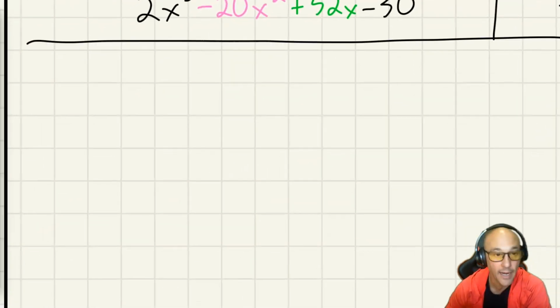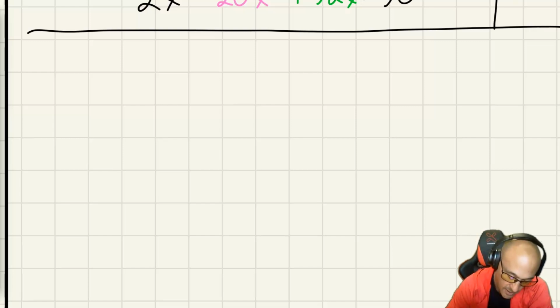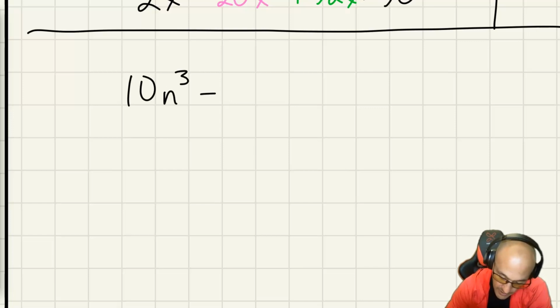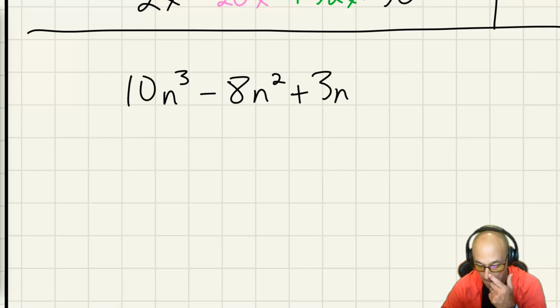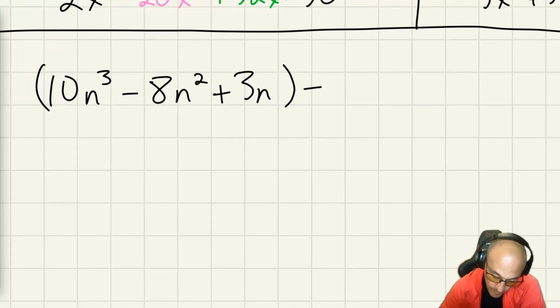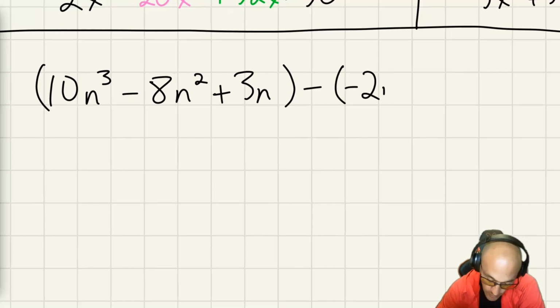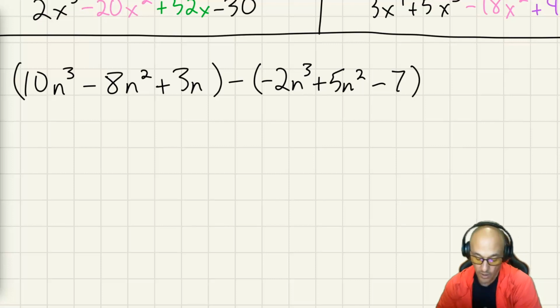So let's look at an addition, or subtraction. So let's see, we'll use 10n cubed minus 8n squared plus 3n. And then we're going to subtract from that a negative 2n cubed plus 5n squared minus 7. Okay, now